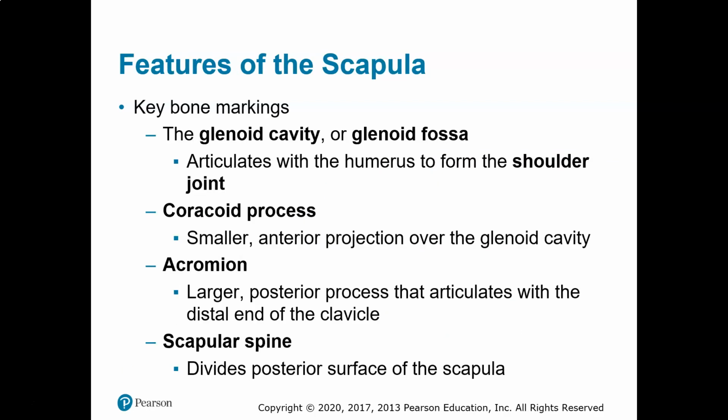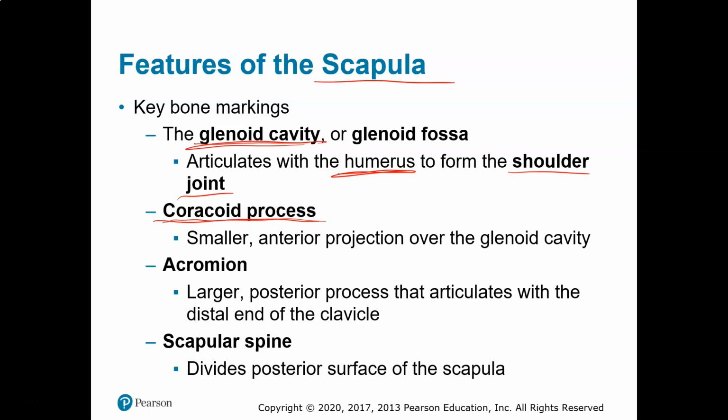And here are the notes on all of that, so this should help too. The glenoid cavity articulates with the head of the humerus. Sometimes that is called the glenoid fossa. And together they form the shoulder joint. In fact, the technical name for the shoulder joint is the glenohumeral joint. The coracoid process, which was on the opposite side of the acromion,